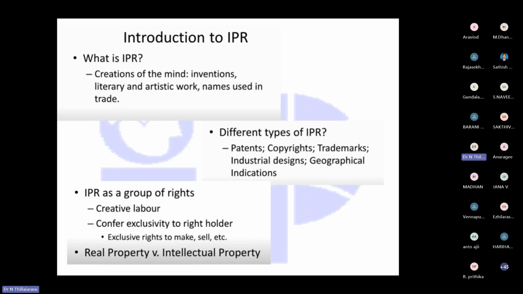So here also with intellectual property, if you have innovated one new thing, or one new piece of music or a new poem, you can patent it, or get a copyright, or register a trademark for your business, or get a geographical indication for your place. You can do any of these, but for that you have to get permission from the government. That's all about intellectual property.